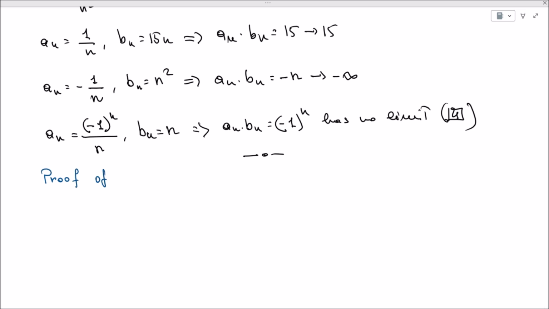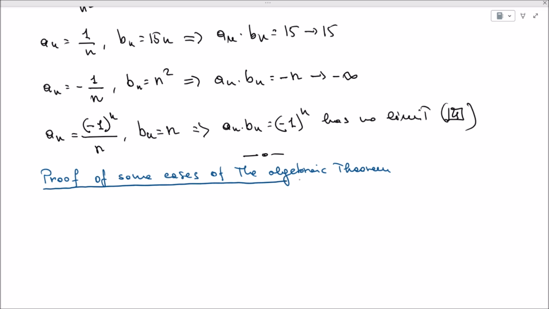and we will prove only some cases of the algebraic theorem. As you see, there are many possible cases we can prove but we will just limit ourselves to some that are in a way more meaningful to us. Okay, so let's start with the